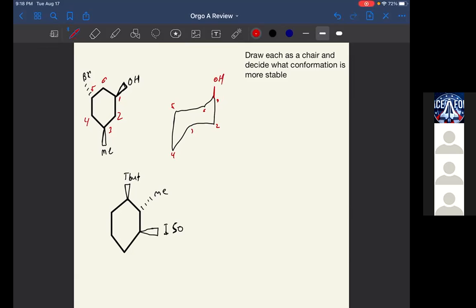At 3, is methyl up or down? It'd be up. And then for 4, nothing. 5, bromine. Wouldn't it be down? Yep. Down. Exactly. So now, if we flip this,